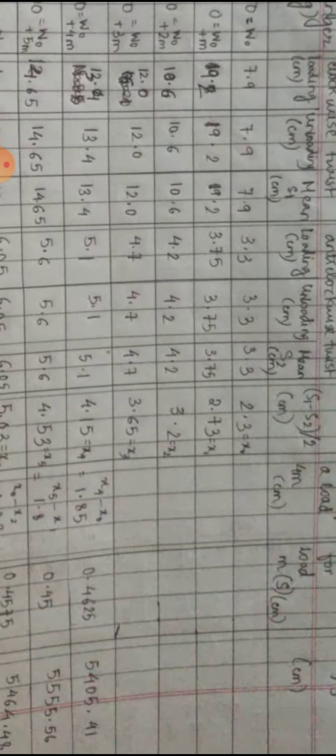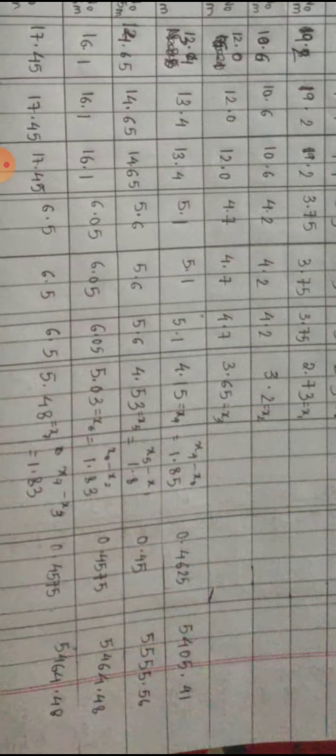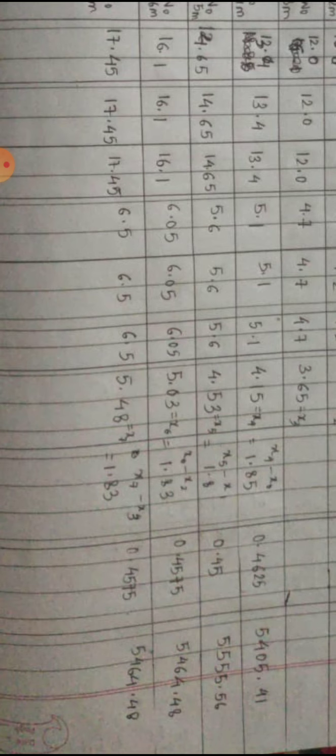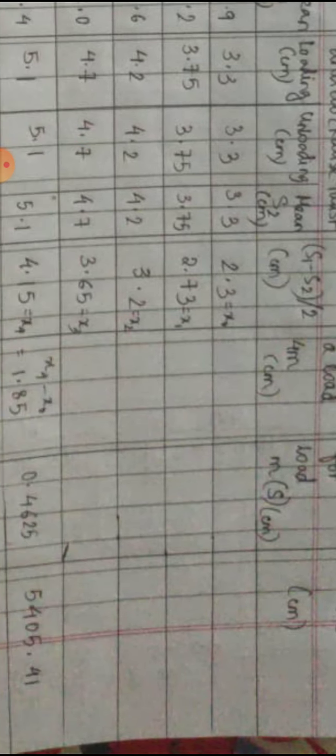Next column is the twist for the load of m. The previous one was the twist for 4m and the next one is the twist for m. So here you need to calculate the twist s for m. For the previous 4m value, you just divide it by 4 and you get that value, that is the value of the previous column divided by 4. Now you have to calculate the id by s. The id by s is the last column.